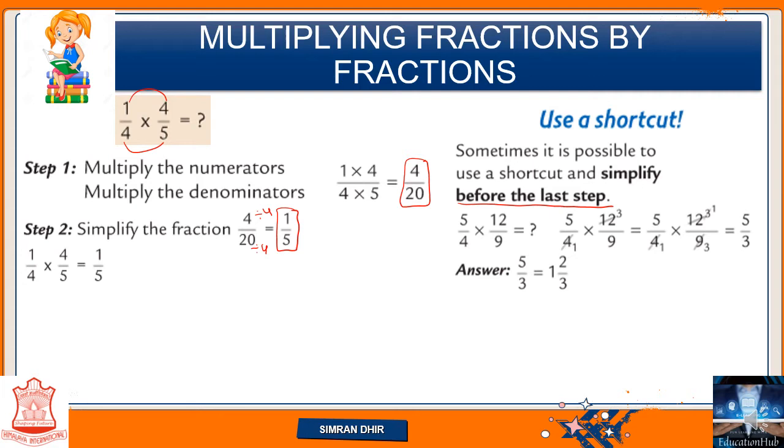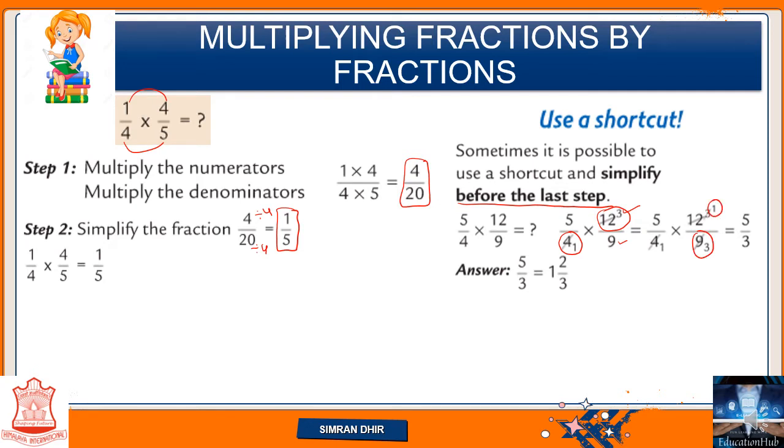Let's see how. For an example, we have taken 5 by 4 into 12 by 9. Okay, we need to find this. So what we did, 5 by 4 into 12 by 9, we can see this 4 and this 12 is multiple. So 4 1 times is 4 and 4 3 times is 12. That means हमने numerator and denominator को common multiple से काट दिया. Now we can see 3 and 9 is multiple of each other. कैसे? So हम 3 1s are 3 and 3 3s are 9 cut out कर सकते हैं.